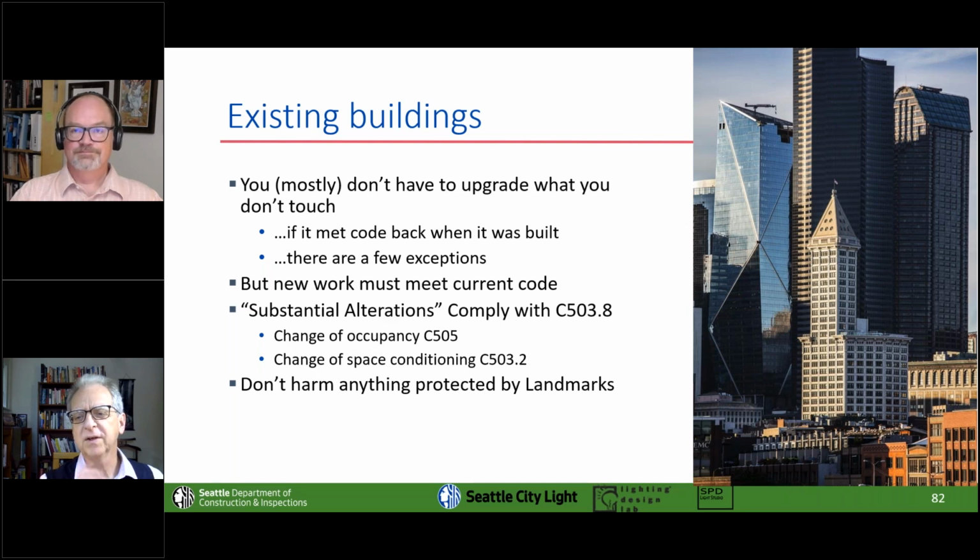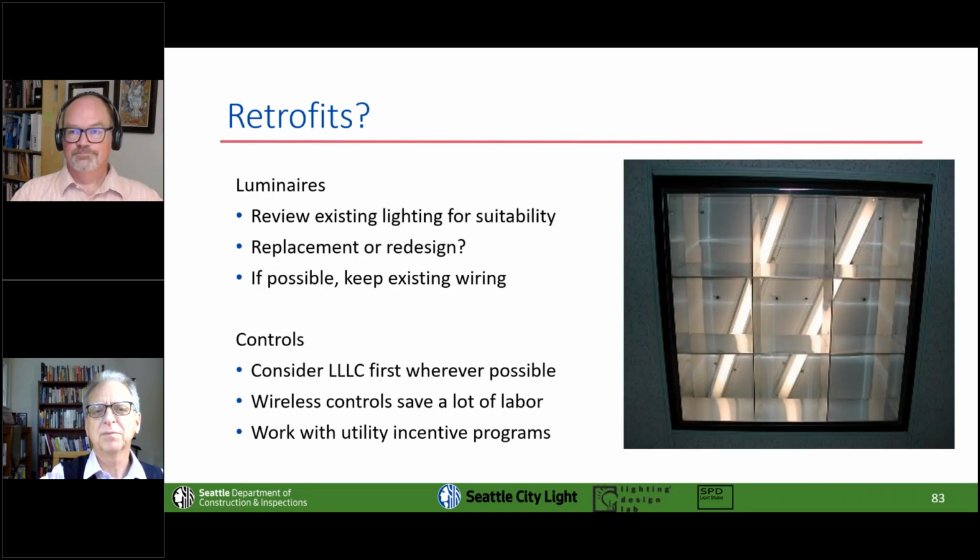We don't touch those windows, don't touch that entry. We will work with you to make sure that you can get your project done and not harm the historic fabric of the building. For retrofits,